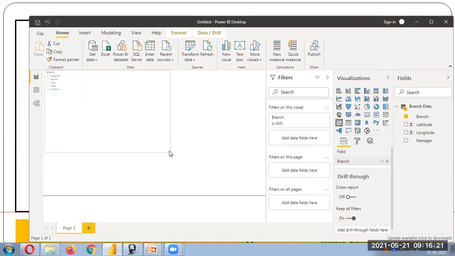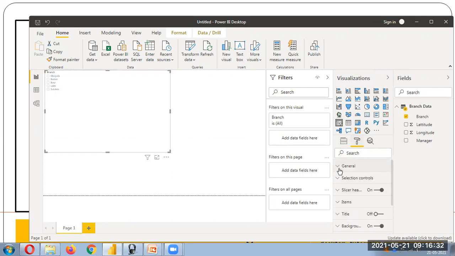So if you see here, I'm just giving you a basic idea. Now this is what we have taken, the branch column. Now you will find that the data comes in a very small font. So you can just simply click over here and you will get the general things over here. So here you can change the font. Right now, in general, it's not available. You can just see the items over here. So under items, you can see the font color. You can change the font color. You can enter the size over here. Okay, 14.